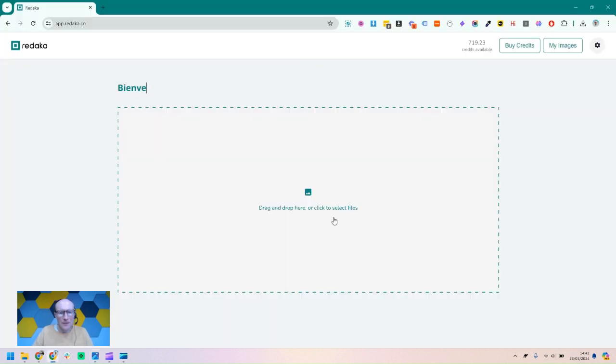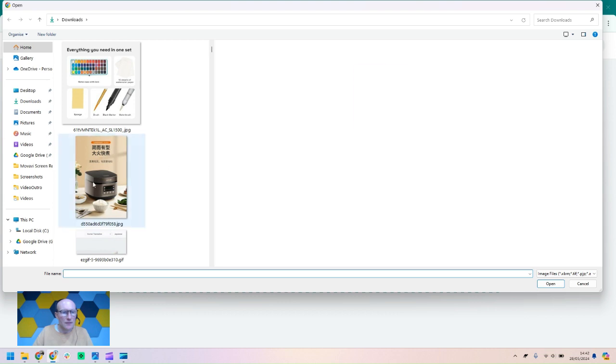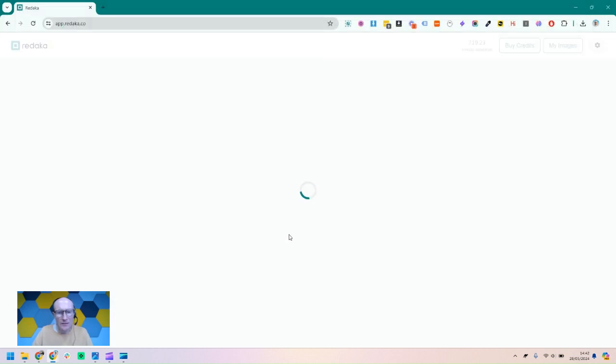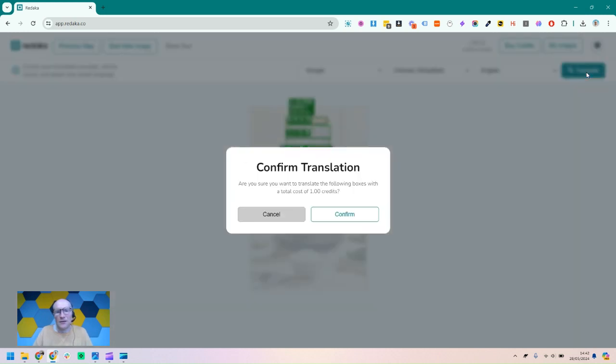So we open up the image that we want to translate, and then drag it into the app, and you can see it's put boxes around the text areas. Now we're going to translate everything that we can see, so we just click confirm. You can see that it's recognized it as being Chinese, and we're going to translate it into English. We click confirm,